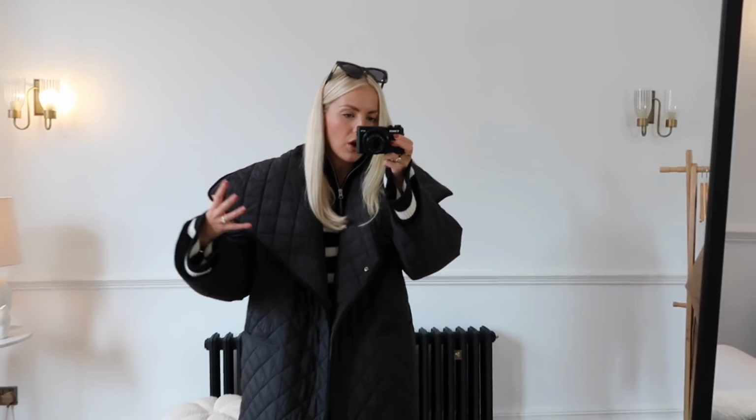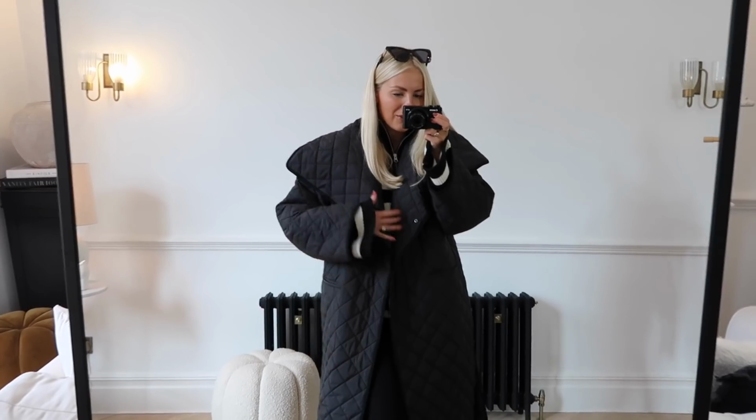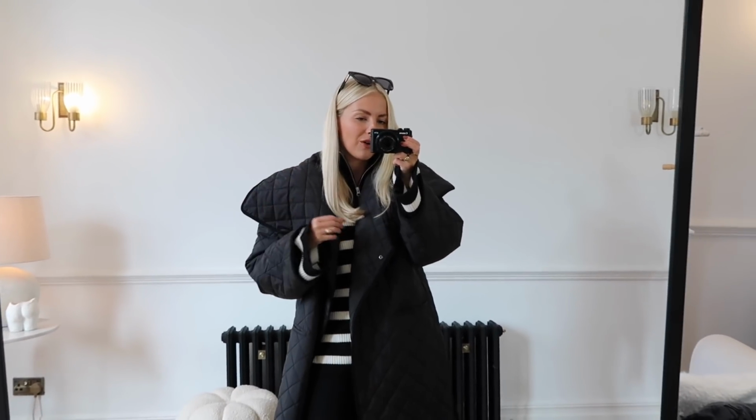I think where it's got quite a big collar and stuff, I don't think it looks right oversized, so I definitely think get your true size in this. But I can definitely see why it's been all over Instagram. It is so cool. It's definitely a more modern, fashionable take on a puffer coat